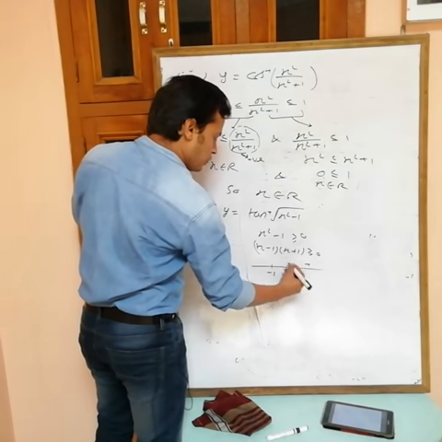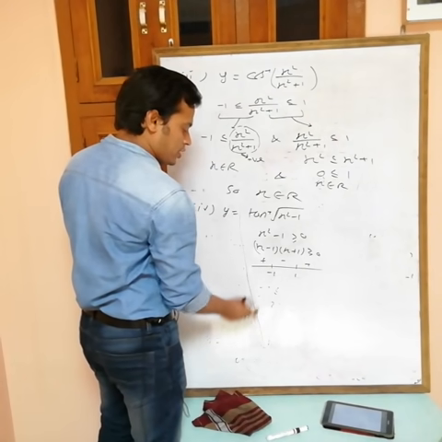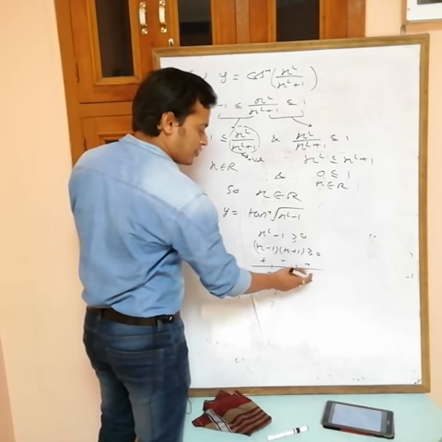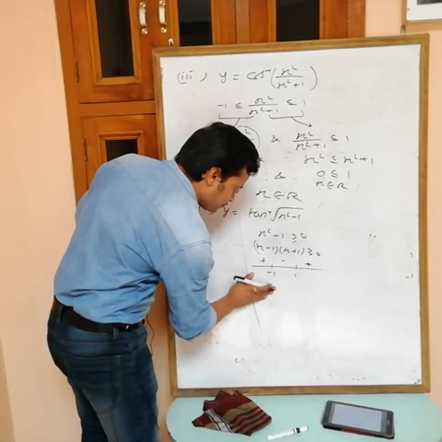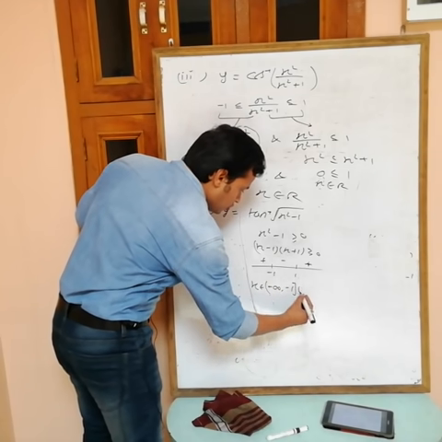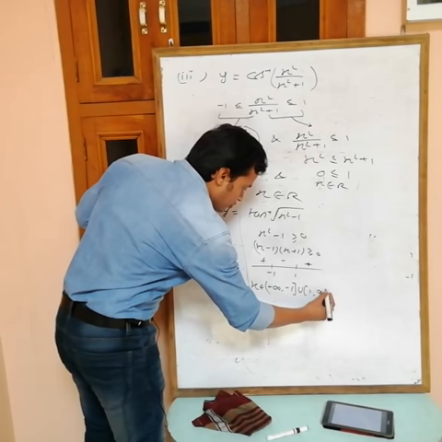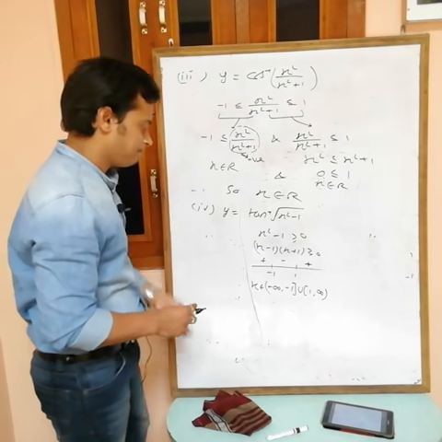Okay, then plus, minus, plus, greater than equals to 0, so with the positive sign, minus infinity to minus 1, after that 1 to infinity. Okay now, so x belongs to minus infinity to minus 1 union 1 to infinity. Okay, clear?